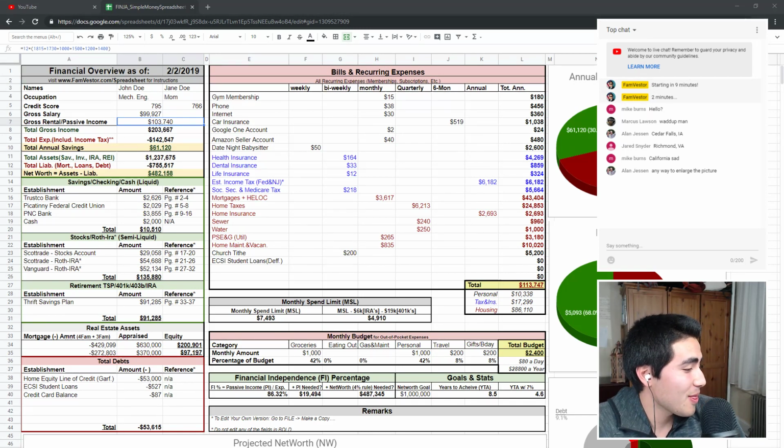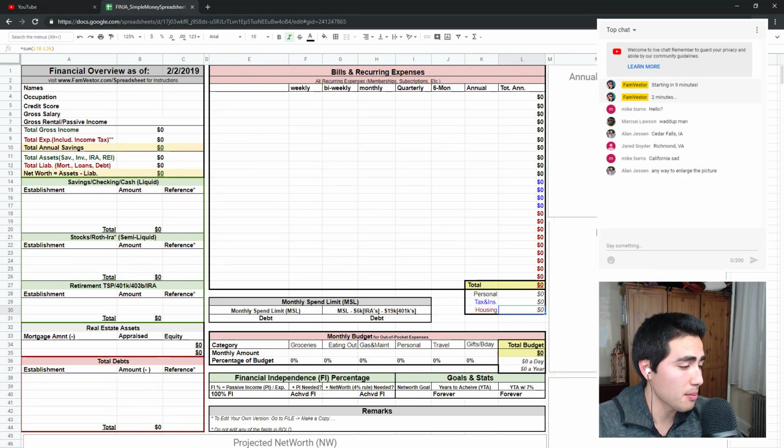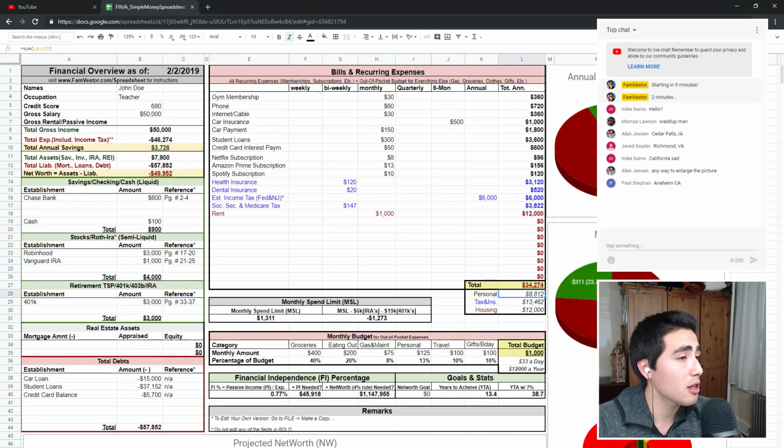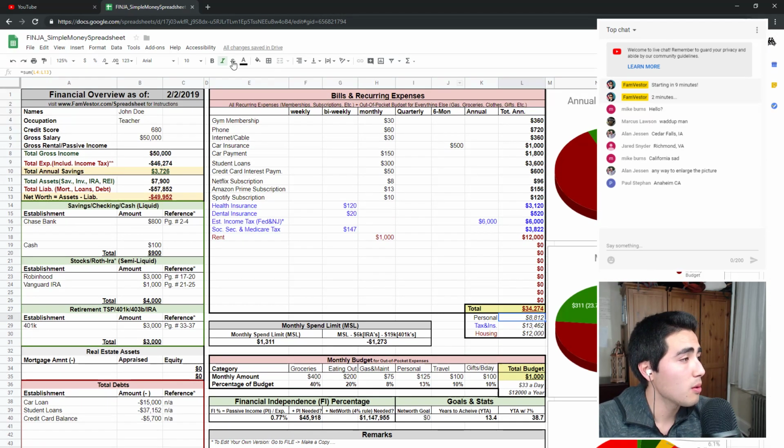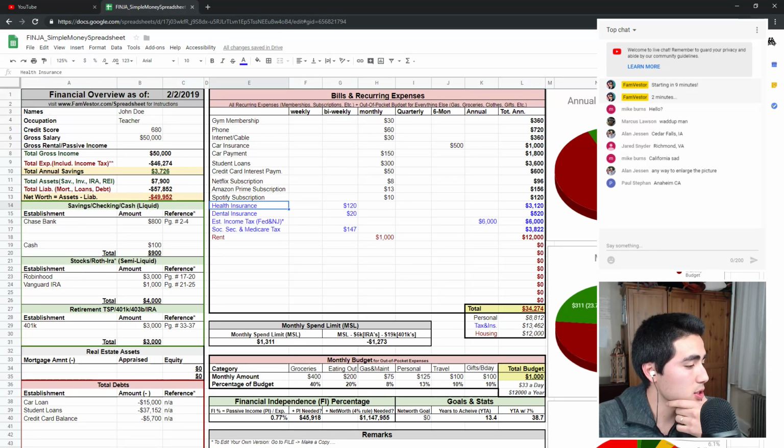There are 4 tabs to make it easier, because everyone's starting at a different place. The second tab is for the average single person, median salary 50K, and you could start off with that template if you don't want to start with the blank one. To edit your own version, once you get access, just go to File, Make a Copy, and you can start editing your copy right there. So that's a single person.